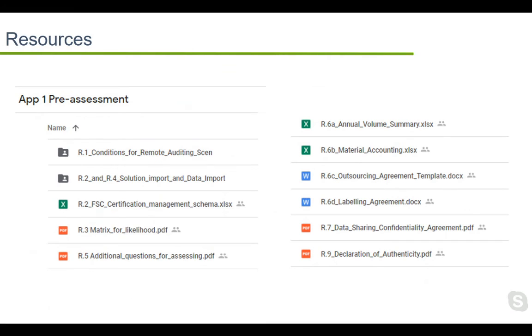You have resource 3, matrix of likelihood, resource 5, the additional questions for remote assessing, and resource 6A, B, C, D, about the annual volume summary, an example we're giving to you, material accounting, and some templates as well: the outsourcing agreement template, the labeling agreement template, the data sharing confidentiality agreement, and the declaration of authenticity.